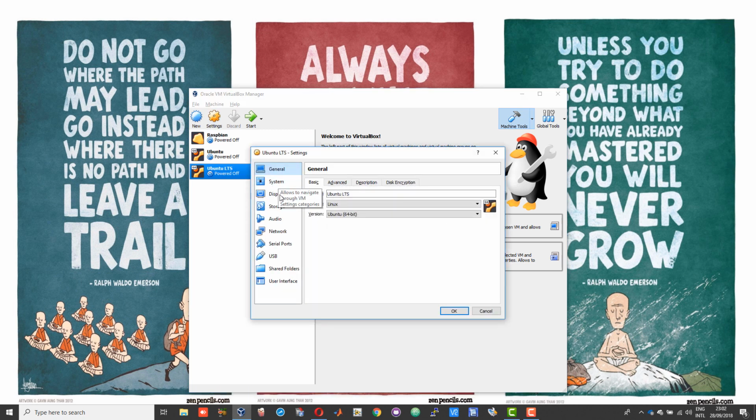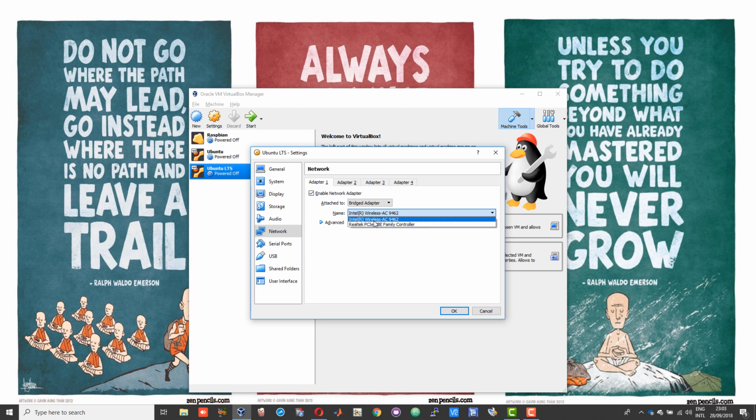Here you need to make sure that you allocate all the resources properly. As in the audio, you need to enable audio input as well, and then go into network and attach your Windows network adapter to the Linux machine. Right now I am connected over Wi-Fi, so that will be bridged adapter, and then your card should be either the Ethernet card or the Wi-Fi card. If you are connected over Ethernet, set it to Ethernet controller. If you are connected over Wi-Fi, set it to the wireless controller,